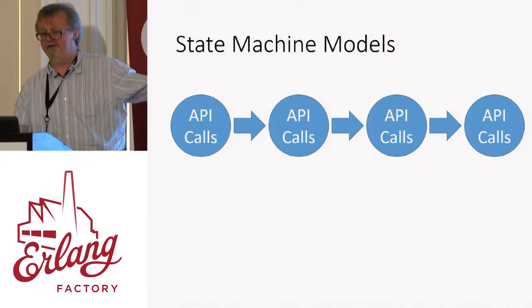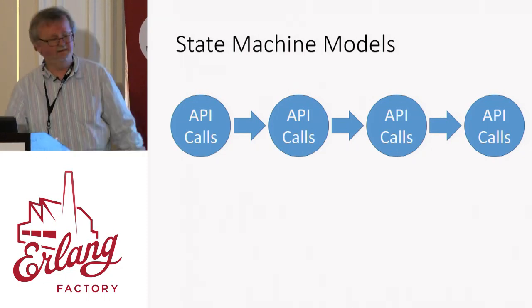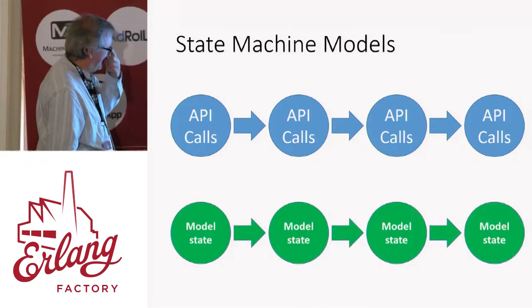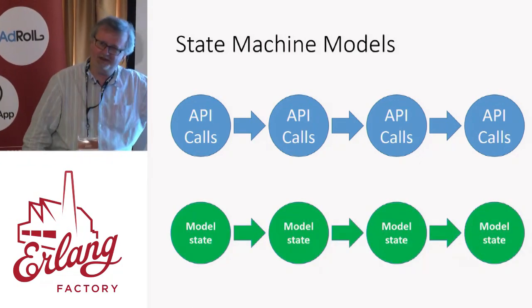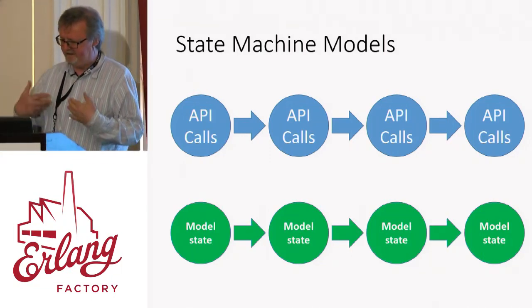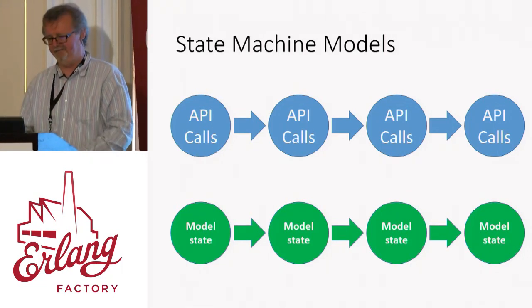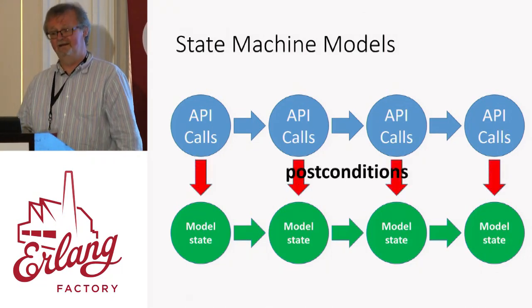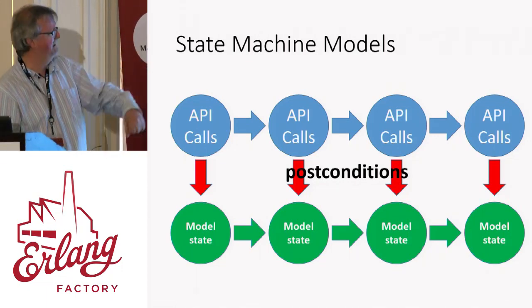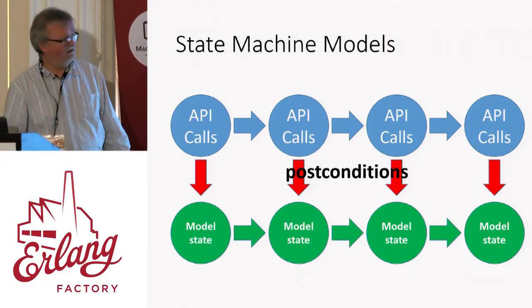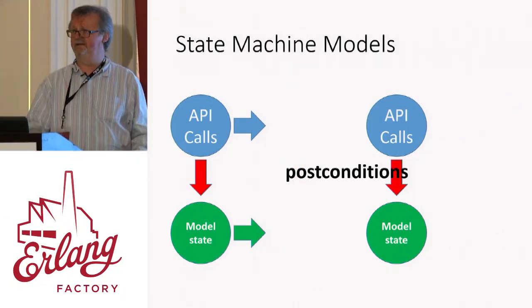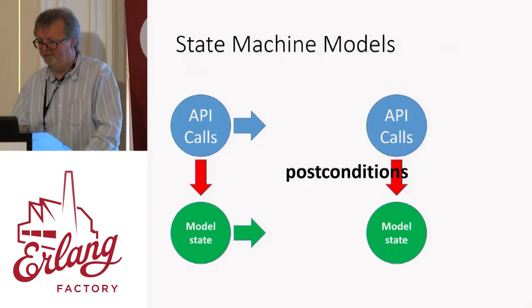Duh, if you wanted to test the process registry, of course you're going to need to make a sequence of calls. But we also model the state of the registry. And we do that by defining a state transition function on the model for every operation. So we're going to know at each point in the state what the contents of the registry ought to be. And then we write postconditions that check that the API calls return correct results. And then when a test fails, one of the things that shrinking is going to do is figure out which of these API calls were not needed to provoke the failure, so that we just get a short test case that reveals what the problem is.